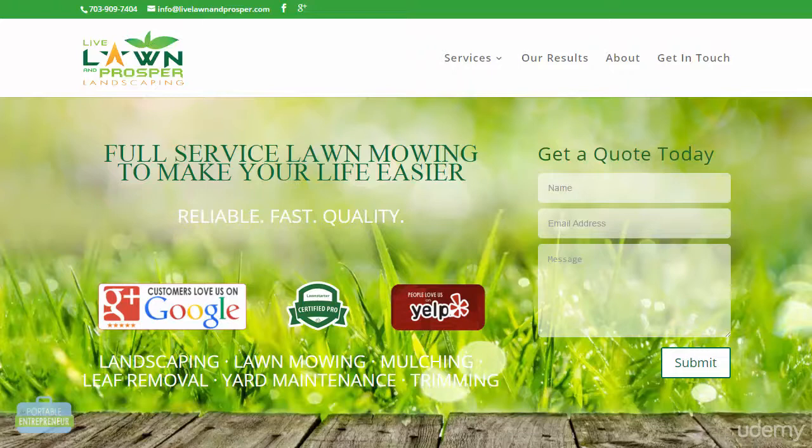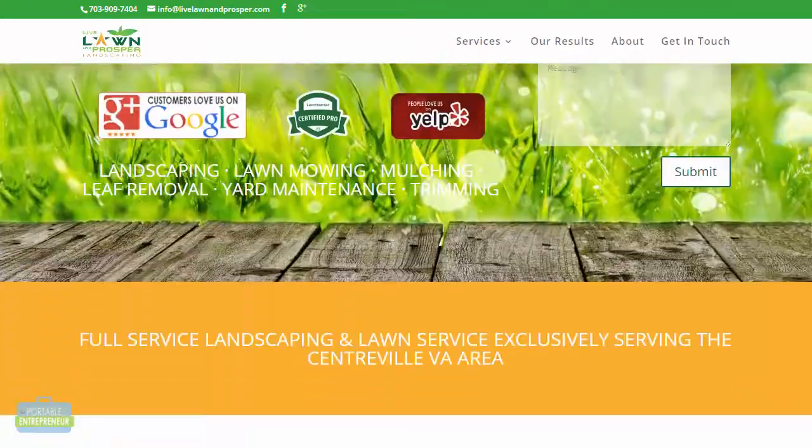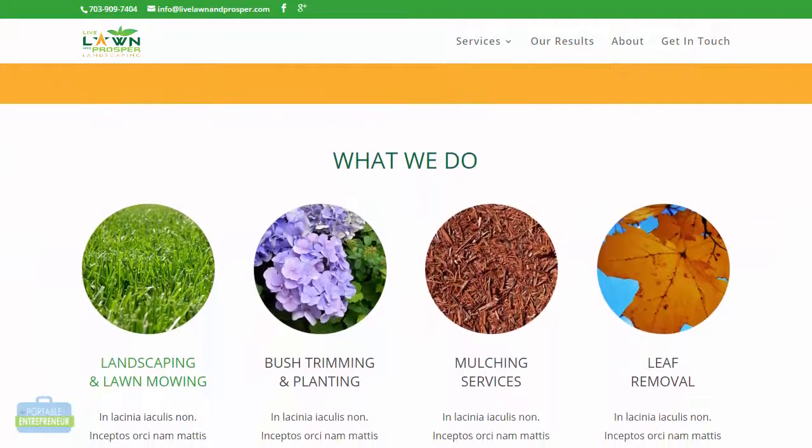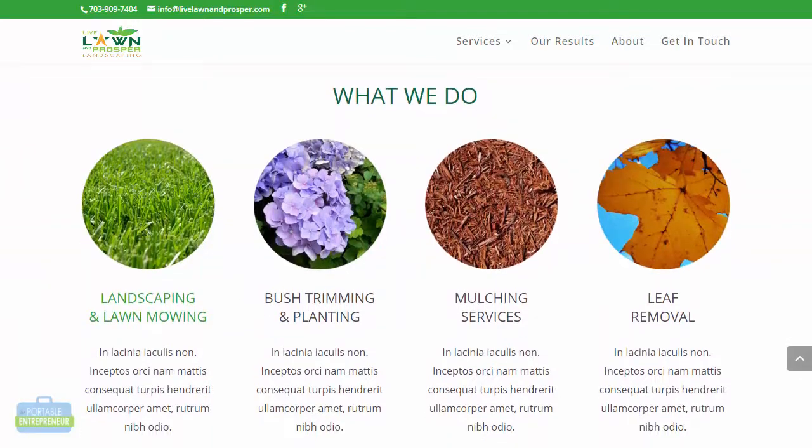So here I want to talk about the alt tag, the title tag, and geotagging images. So for this website that I'm working on, here you'll see I have 4 images that represent the different services the business offers. The first one, you'll notice when I hover over it with the mouse, it says Lawn Mowing Services in Centerville, Virginia. So that's the title tag, and this is going to tell users what this image is